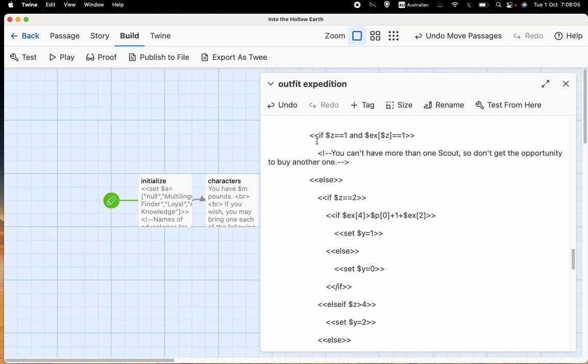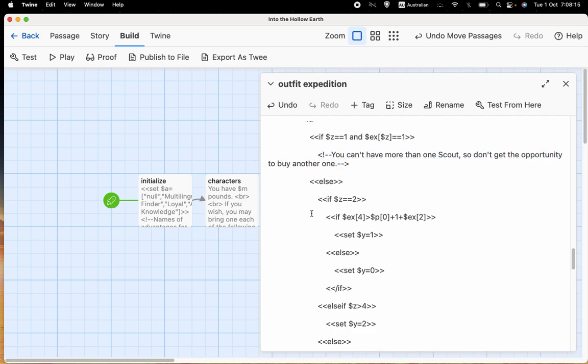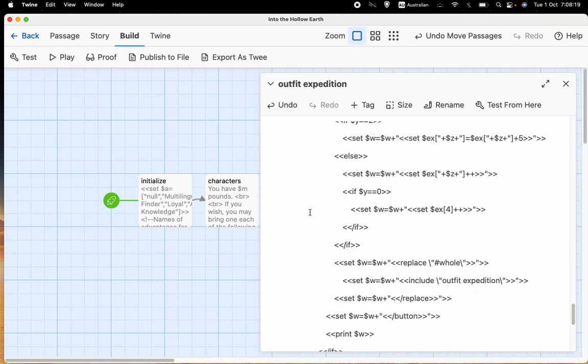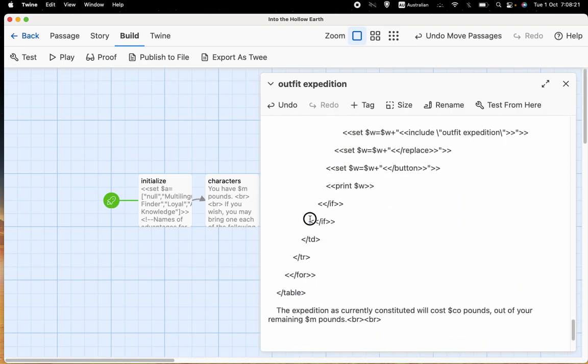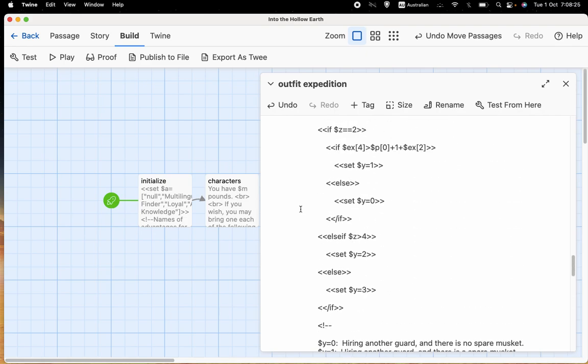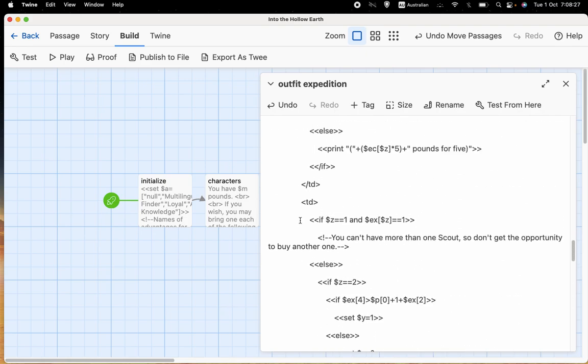But either way, if we're dealing with scouts and we've already got a scout, then nothing happens because you can't have more than one scout, so we're not going to print a plus button. Otherwise, we've got quite a complicated bit of code which goes all the way down to here. So all of this code is dealing with whether we want to print a plus button and with actually printing it if